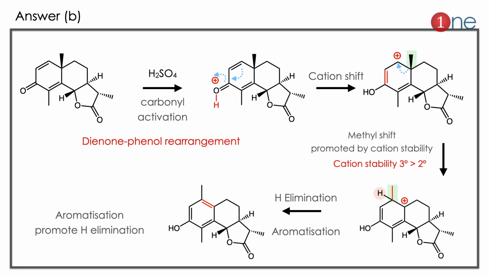Here the charge has to be quenched. No way, it can only be quenched by hydrogen elimination. It is driven by aromaticity. So if hydrogen leaves, aromaticity is formed. So aromatization promotes the hydrogen elimination. Here you have to know two things. One is the system always moves to a stable cation. Here going from secondary to tertiary. And aromatization always promotes elimination or substitution. Definitely aromatization triggers the elimination here.